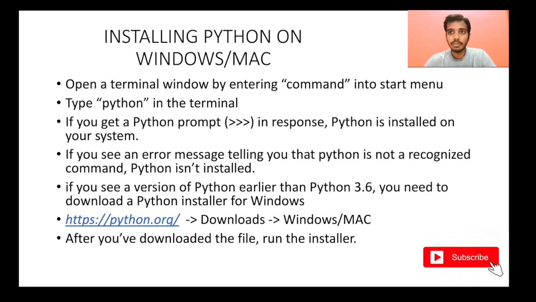Now first let's look at how to install Python on Windows or Mac. These are general commands, and I will also show you a video demo of this. First, open a terminal window. This is for Windows, but it will also work on Mac, just that the application will be different on Mac and Windows. I'm focusing on Windows because I think 70 or 80% of people have laptops with the Windows operating system. That's why I'm focusing on Windows more here. But Mac is also very easy. And on Linux, mostly you will have Python installed from the beginning itself.